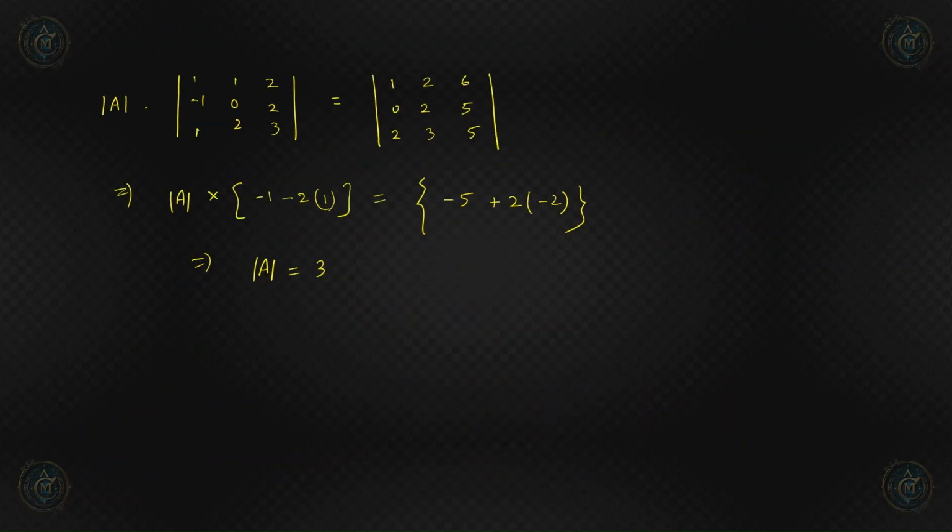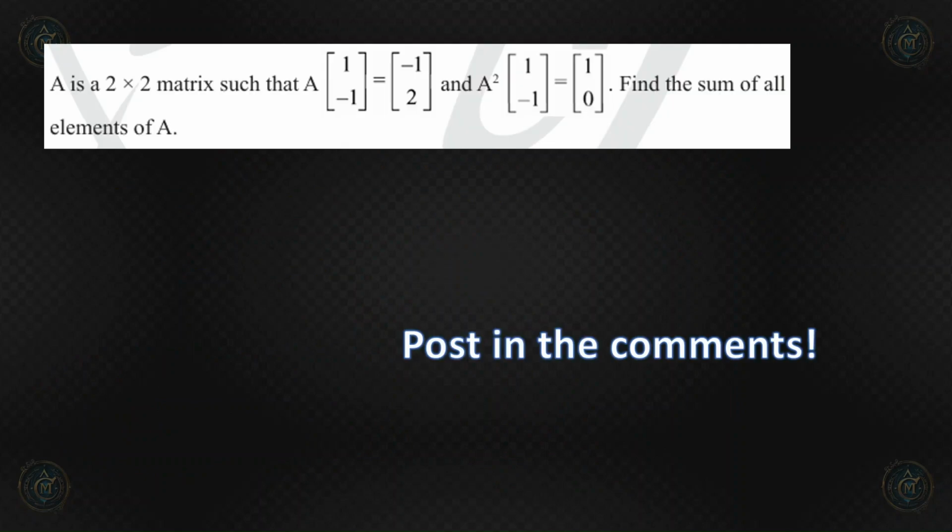Now this is a homework question for you. You can try this question on your own. This is taken from the yellow book, which is also known as Advanced Problems in Algebra by respected VG sir. In this case, we are given a 2 by 2 matrix. So we can directly calculate this matrix, because finding the inverse of a 2 by 2 matrix is quite easy. So directly calculate this A matrix and find the answer.